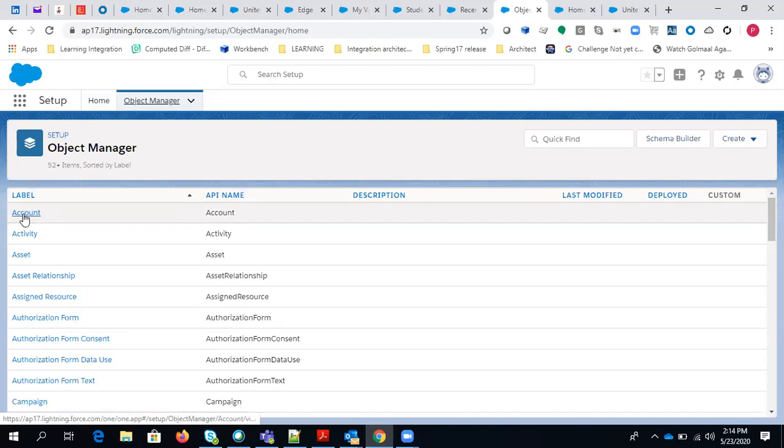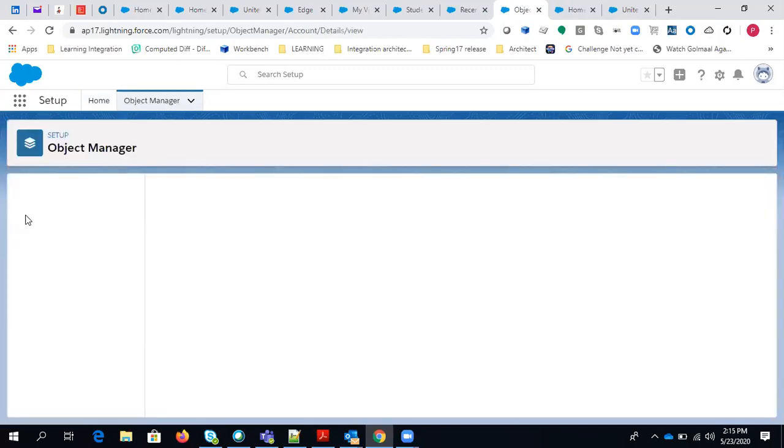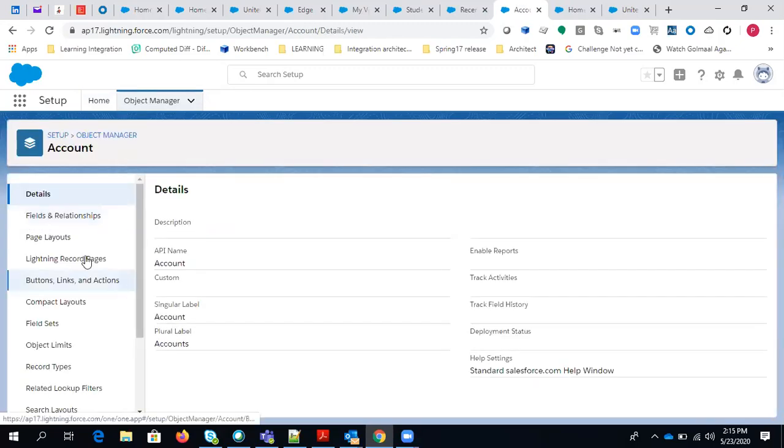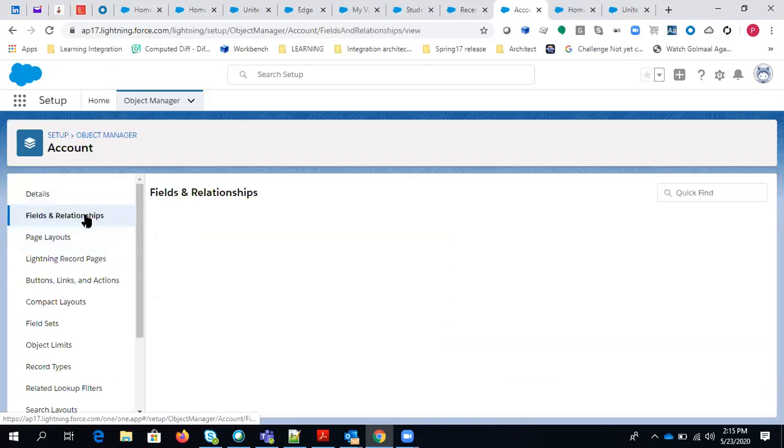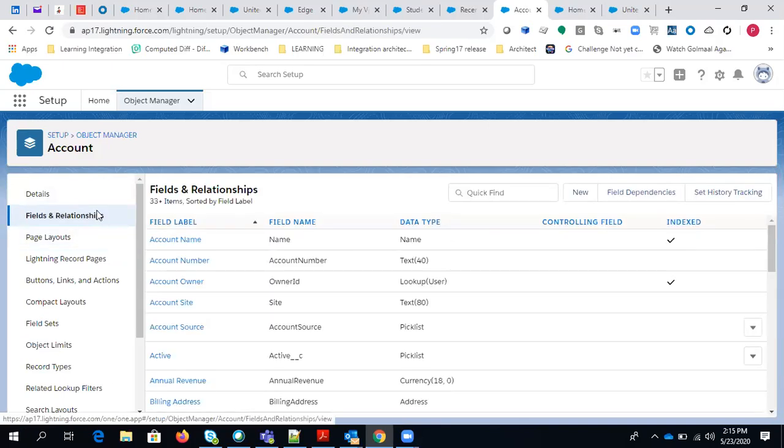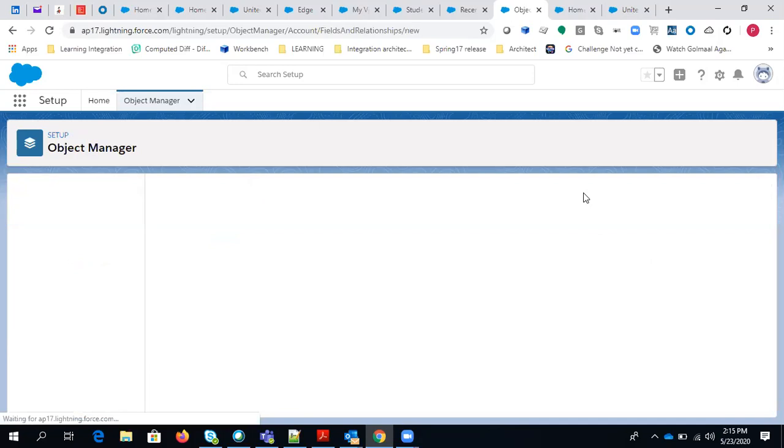Here, let's say I just want to create a custom field in account. So you can click on account, go to fields and relationships, and here you can create a new field by clicking here.